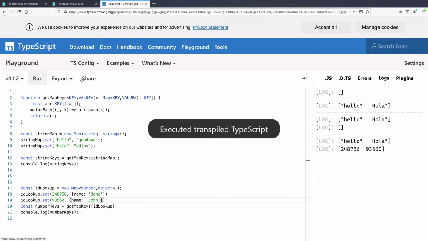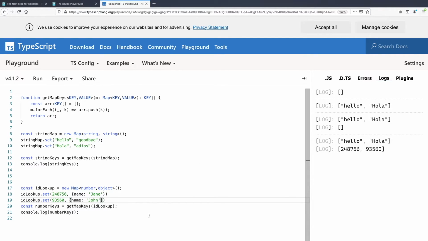When I run that again, you see we get the keys. It works perfectly well. So what we've been able to do here is define a single generic, strictly typed but generically typed method. This method works for any typed map and is able to get the keys for it.